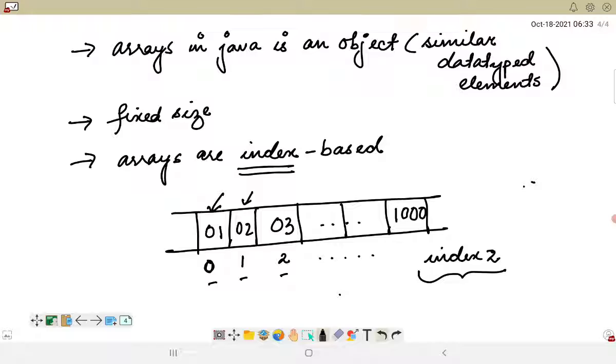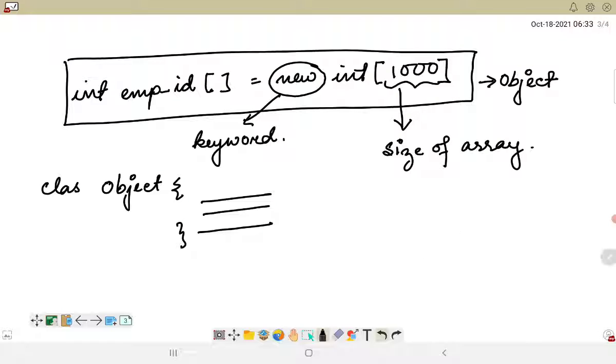In Java, an array is an object of a dynamically generated class. We have already discussed this. A Java array inherits the Object class, like I already said. Since I am using the new keyword, it will be inheriting the Object class, and it implements Serializable as well as Cloneable interfaces. Interfaces is another topic which we will be discussing in subsequent sessions. As of now, we just have to remember that it is an object.